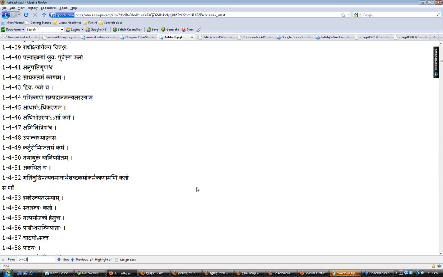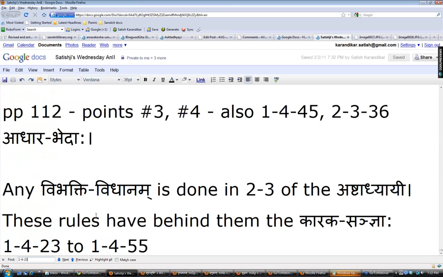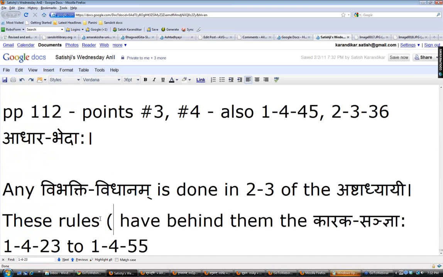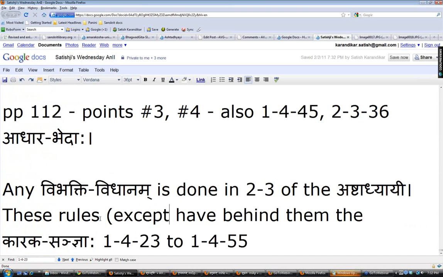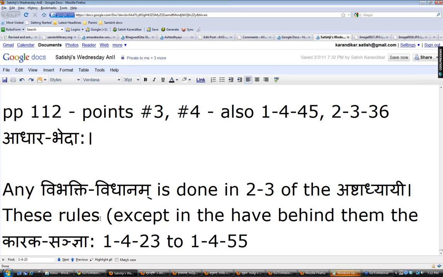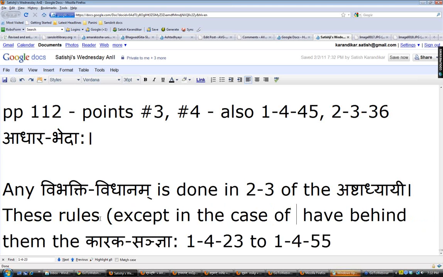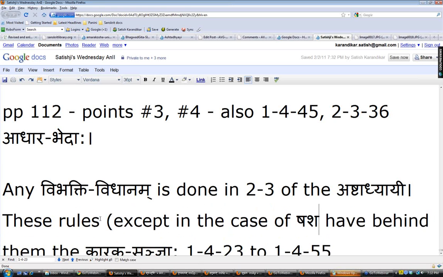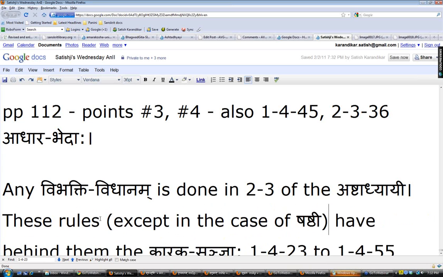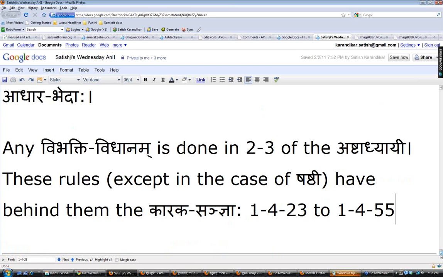Now, except for Shashti. Shashti will not come in 1-4, okay? Shashti is not a Karaka Vibhakti. Except in the case of Shashti, you can have a fun exercise now. Is there any sentence that you see, you can try to match a sutram from 2-3 and then come to 1-4-23 to 55. Now if none of these work,